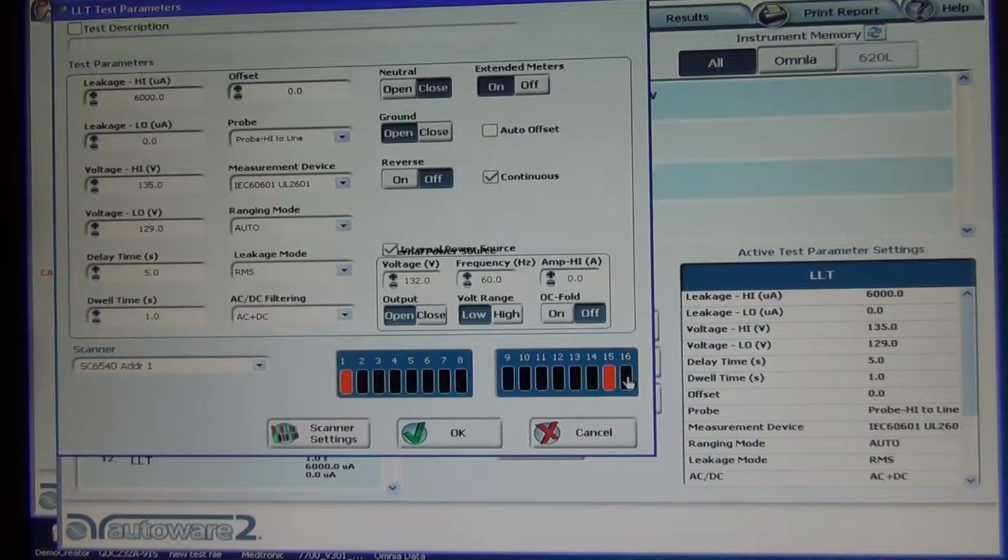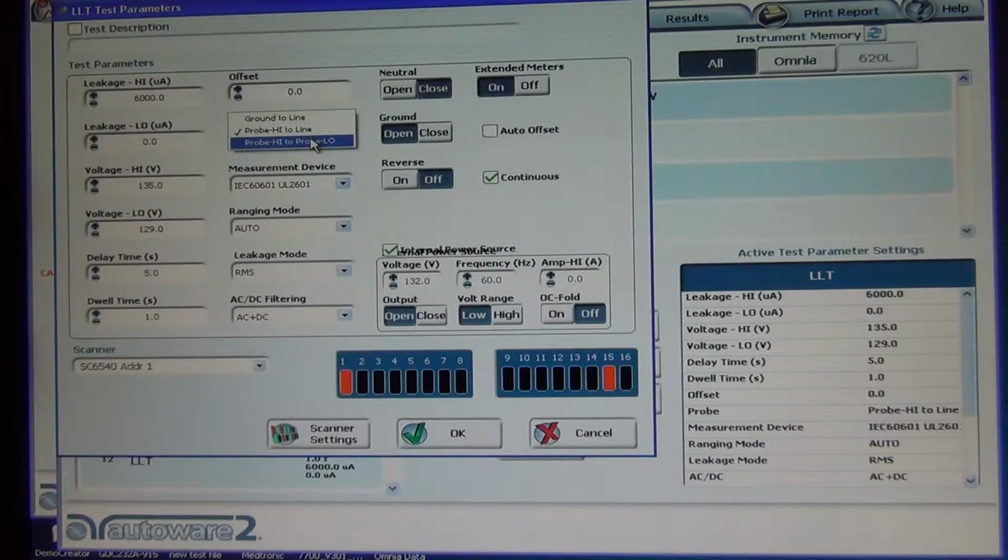Those probes are simply coming from the Omnia, and they're just probing points that the Omnia uses to reach out and go across various points so that the MD can get a solid measurement. So once again, I set probe high to channel 15 and probe low to channel 16. Since I'm just doing a patient leakage test here, I'm only selecting my probe high to line configuration because I'm measuring patient leakage back to the line or neutral reference of the system, depending upon the polarity switching while you're